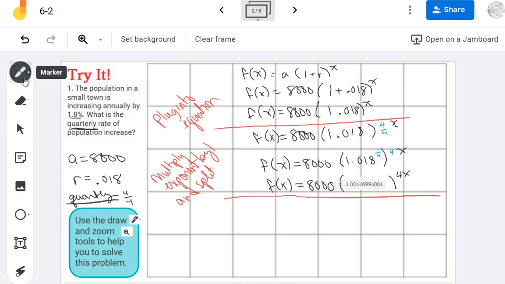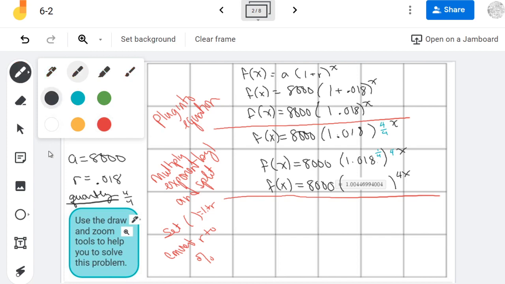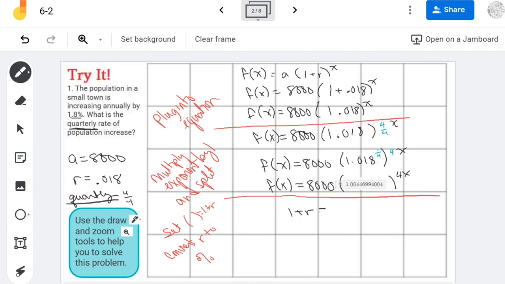Now here's where we need to remember that this number that's inside the parentheses is the same thing as 1 plus r. So I'm going to set the parentheses equal to 1 plus r, and then convert r to percentage. So 1 plus r is equal to that hideous number. If I subtract 1 from each side,